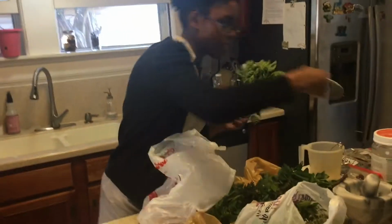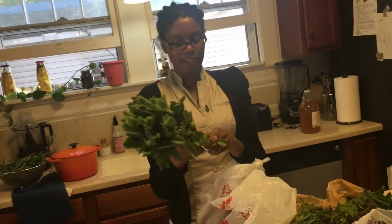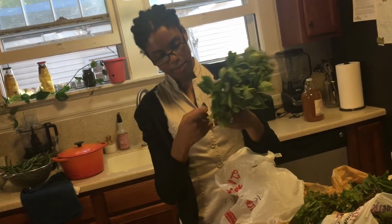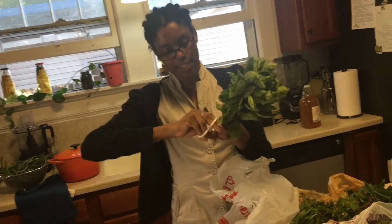I have covered up my rubber bands. Okay, whoever made this rubber band, I really don't like them this close. It's like thick as...